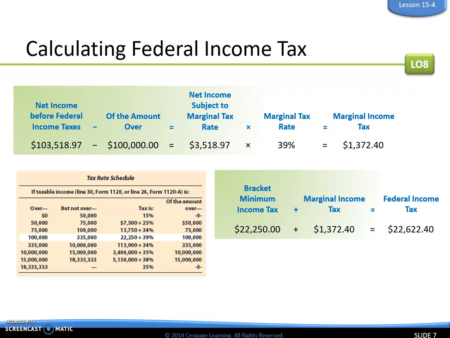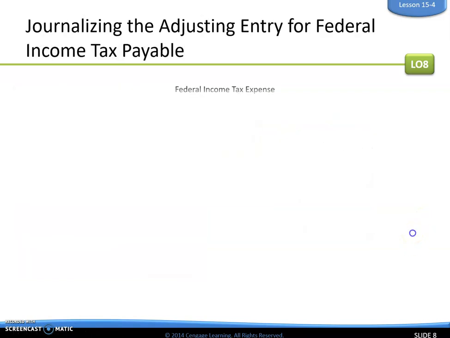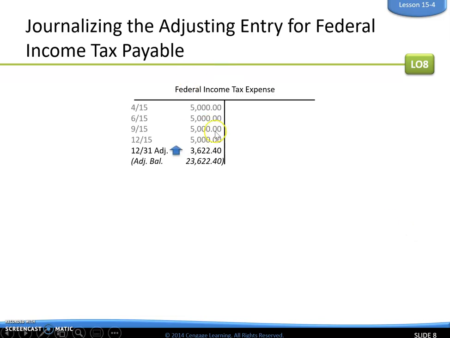Oh, this is wrong. So this number is wrong. 22, that does not equal out, does it? So that should be $23,622.40. Okay, so going back to this, we are at 20,000 and we need our federal income tax expense to